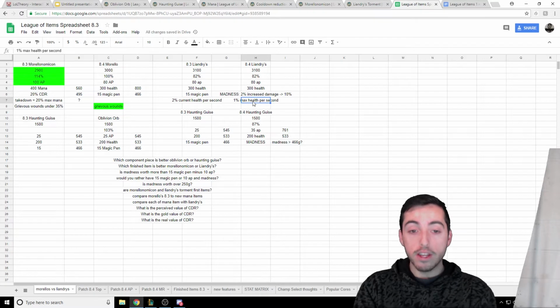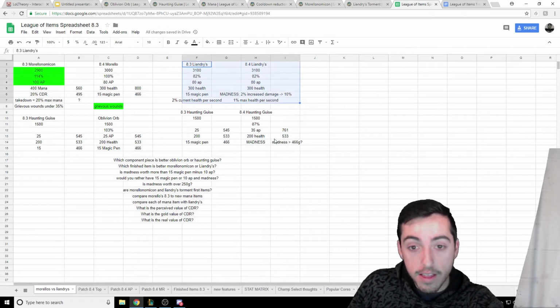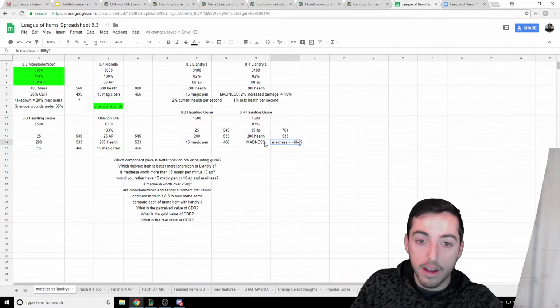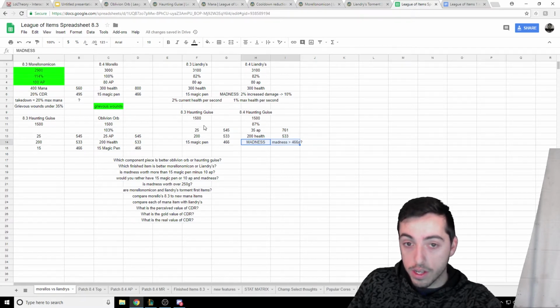There are a couple things we can do here. We can compare the 15 Magic Pen to Madness, and as I said, in this instance I think Madness is better after 2 or 3 seconds in combat. That's what I would assume, just doing a rough calculation in my head. But it's even better for Haunting Guise: you don't have to compare 15 Magic Pen to Madness, you have to compare 15 Magic Pen to 10 AP and Madness. And I think it's obvious that the new Haunting Guise is much better than the old Haunting Guise, and I think the new Haunting Guise is also much better than